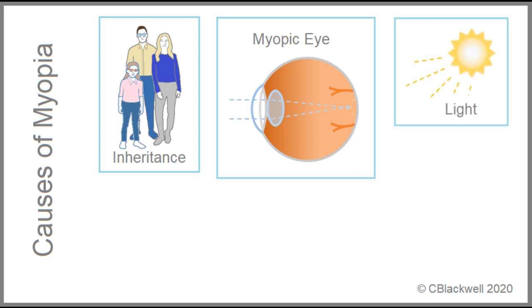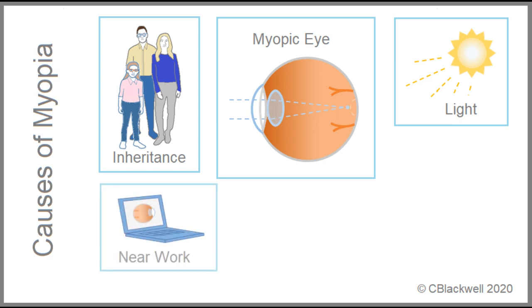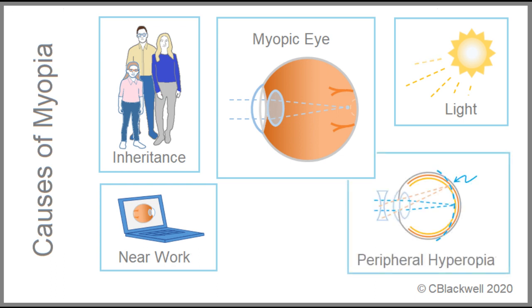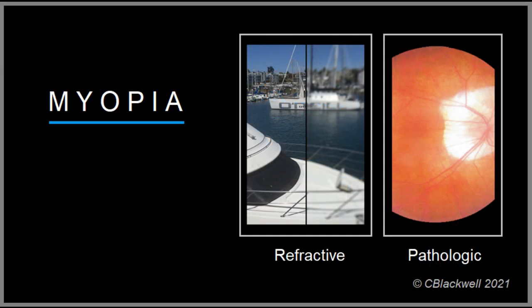In our modern world, children spend more time indoors with less exposure to sunlight and less exercise. There is increased near work, as in studying and computer work. And more recently, there is a question whether there is a contribution from the way standard glasses correction works. Understanding the causes of myopia and how to treat it remains a work in progress.